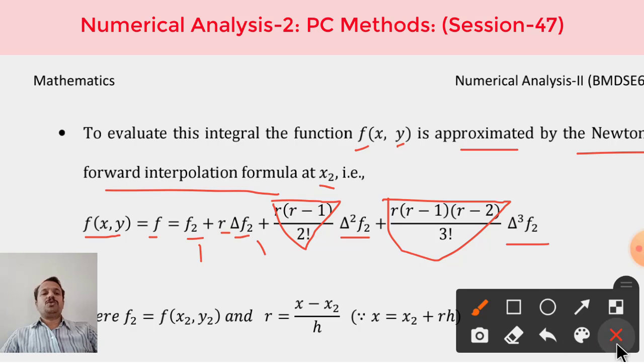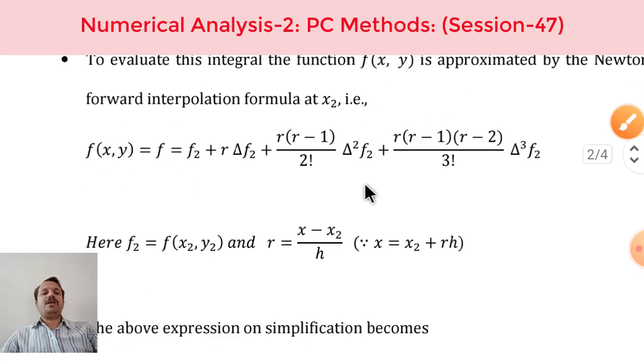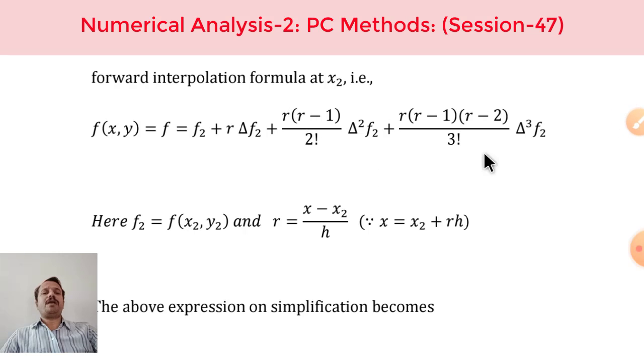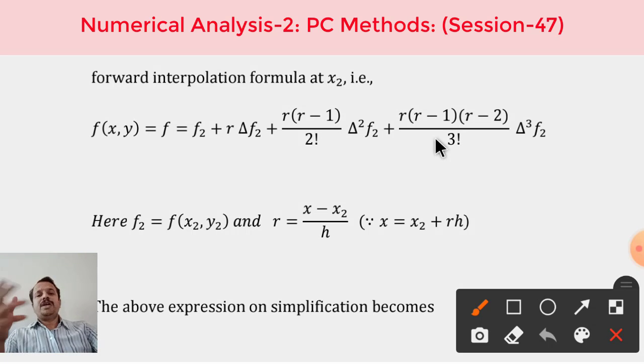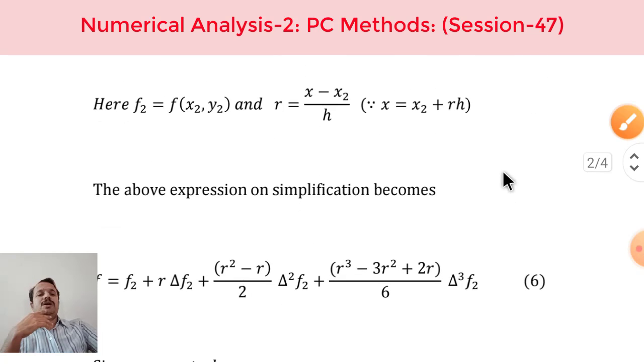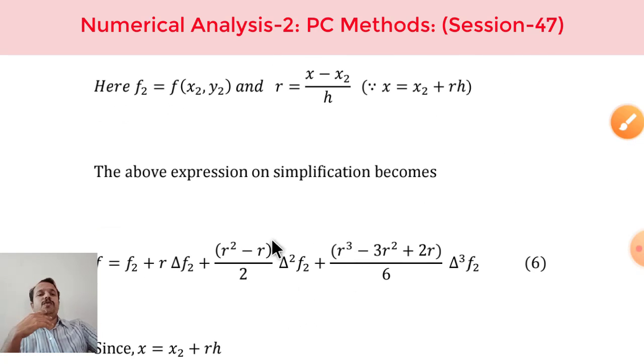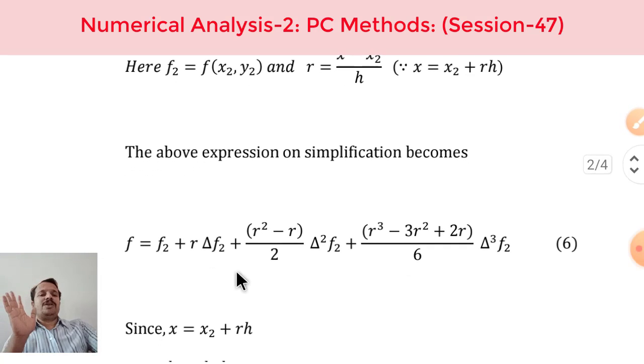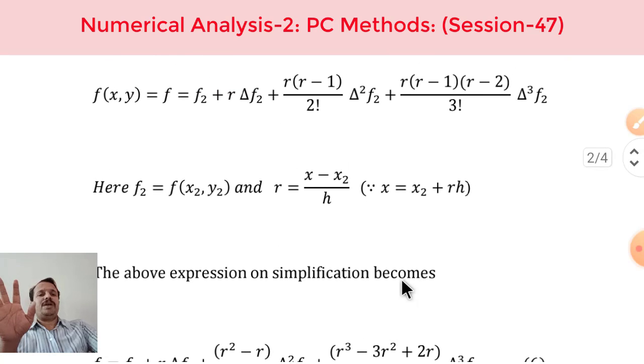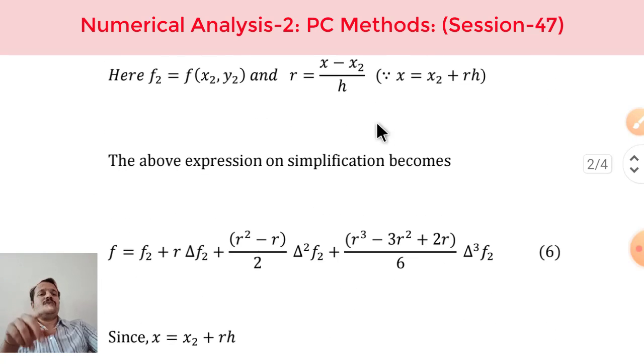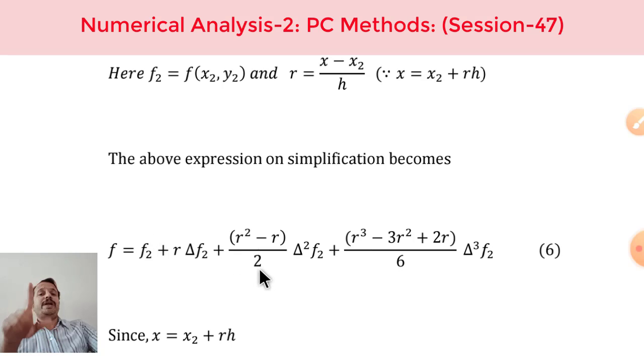So after having this formula, now we can simplify r into (r minus 1) for further integration technique. For the integration process, it should be made easier. So let us multiply these brackets out. 2 factorial can be written as 2, 3 factorial can be written as 6, all other things as they are. This step is very simple, straightforward multiplication of brackets. Now we can substitute this value in place of the integrand in the integral in equation number 5 which I showed you just now before.